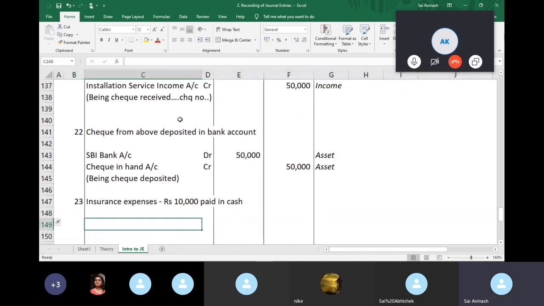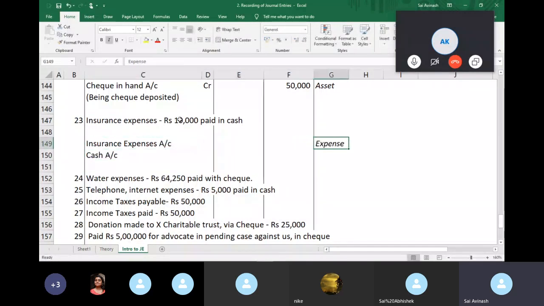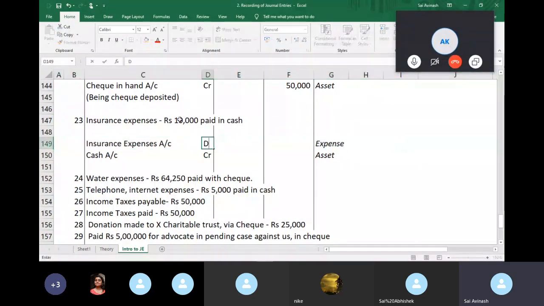Okay. This is probably something straightforward you can answer. Insurance expenses, and it's paid in cash account, right? This is an expense account. This is an asset account, right? I'm paying cash, my asset reduces, you credit. I'm incurring an expense, my expense increases, you debit, and the value is 10,000,